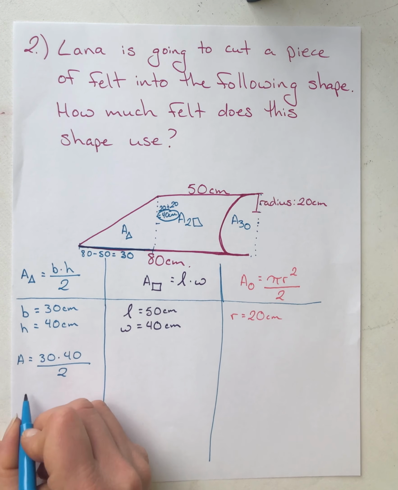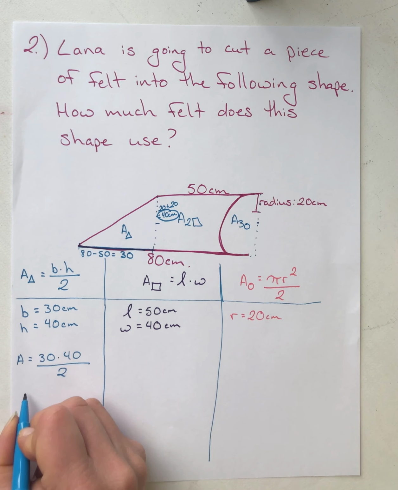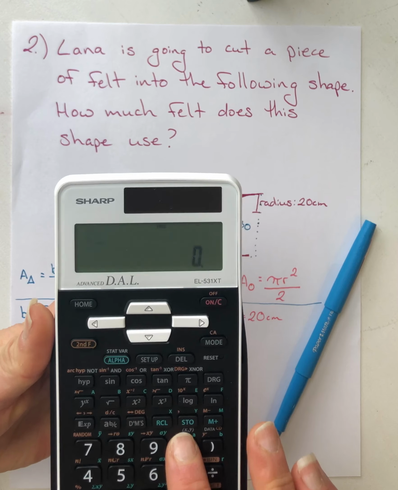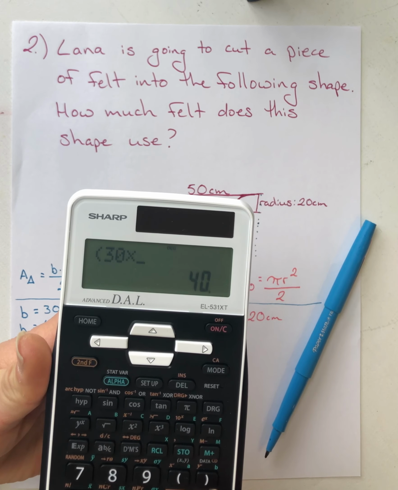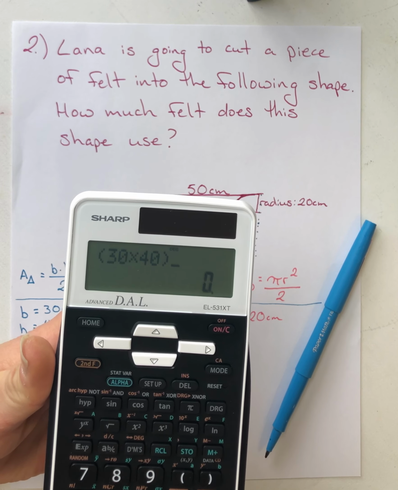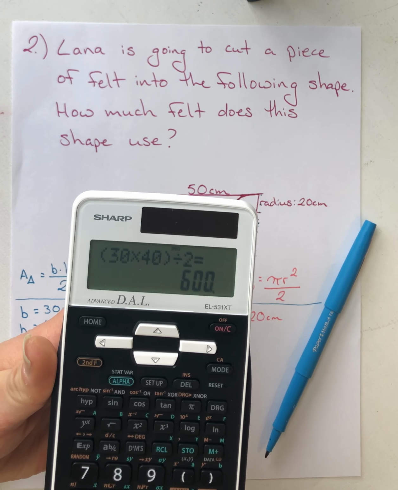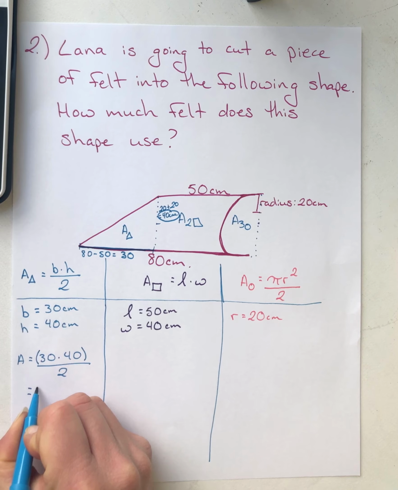When I put that in my calculator, I do bracket 30 times 40, and then another bracket divided by 2, and I get 600. The reason I did 30 times 40 first is because it's up top, and you also get back to your BEDMAS. So if I do that, I get 600